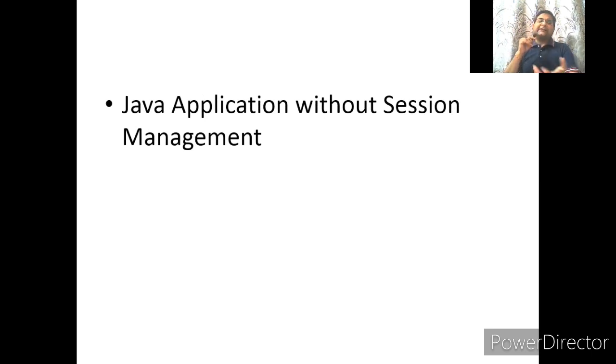Now we take another example. We increase one more page, like we are entering some credentials. That credential will go to one page, and if the condition is satisfied, then control will go to the next one, and if the credential is not matching, then again the first page comes. So let's take this application development.